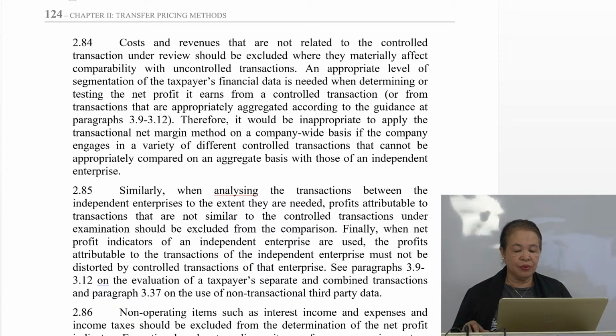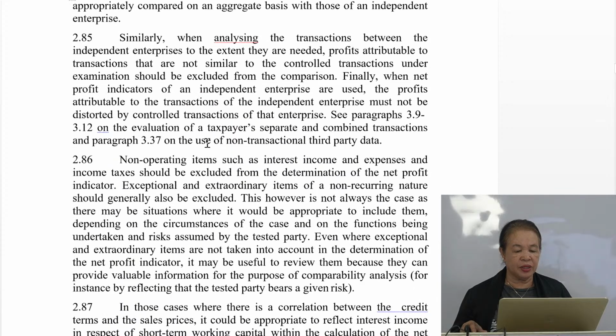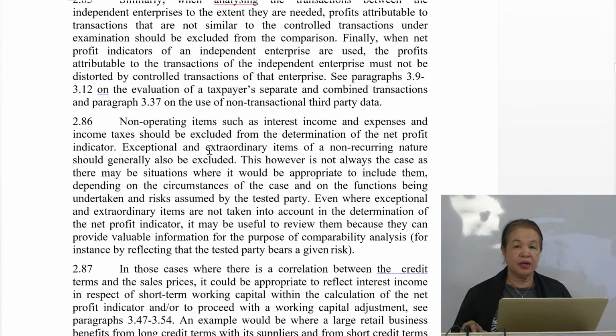So finally, when net profit indicators of an independent enterprise are used, the profit attributable to the transactions of the independent enterprise must not be distorted by controlled transactions of that enterprise. See paragraph 3.9. No? 3.9 to 3.12 on the evaluation of a taxpayer's separate and combined transactions, and paragraph 3.37 on the use of non-transactional third-party data. No? So,